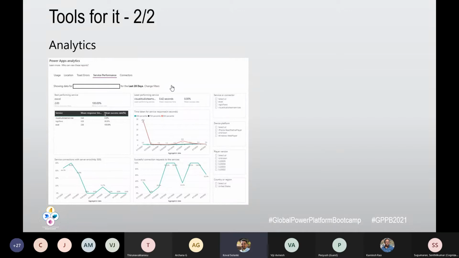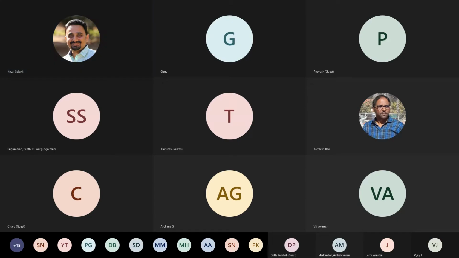There is a tab called Service Performance where you can track... Though you are sharing your screen, I can't see. We can see only your presentation. So you might need to share your desktop if you are sharing something on the browser. Oh, okay, that's strange. Okay, then I missed some more part? Just a second. I will reshare. Will that be fine?